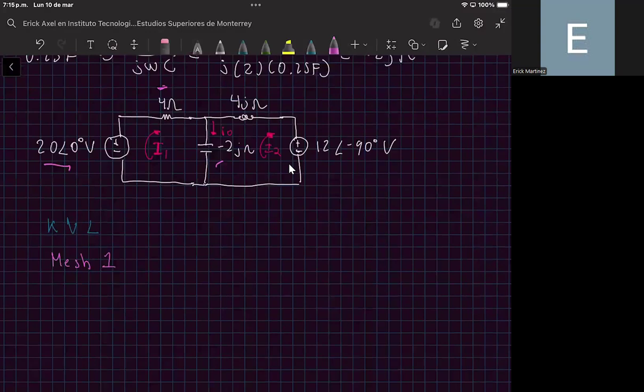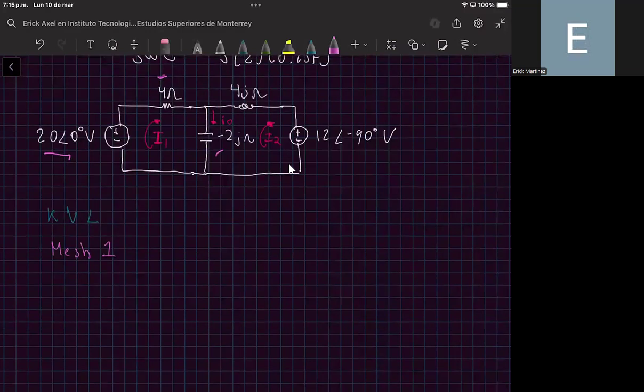In this case, we need to be careful related to the direction of the current. Here you can see that I1 is flowing from the negative to the positive terminal. So I place a minus sign, and this is 20 with an angle of 0 degrees volts, plus the voltage of the resistor. Remember that the voltage is equal to the impedance or the resistance times the current, okay? So here the impedance is 4 ohms, and the current that is flowing through the 4 ohm resistor is I1,